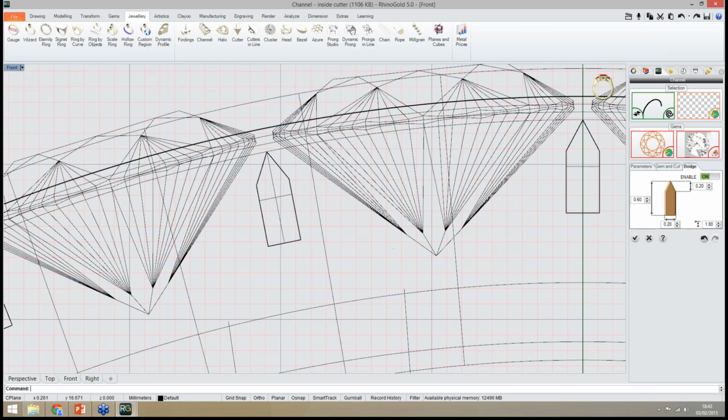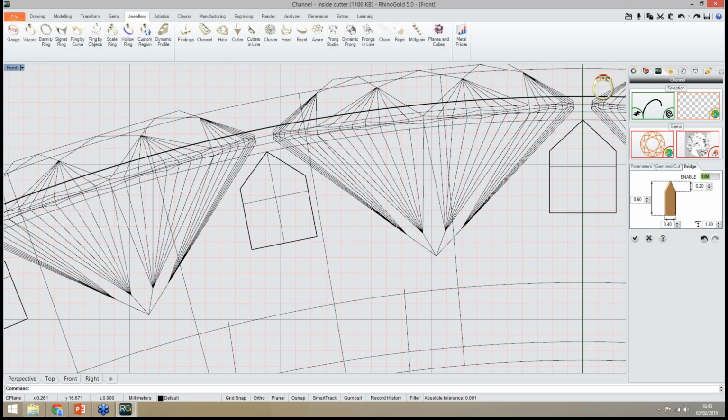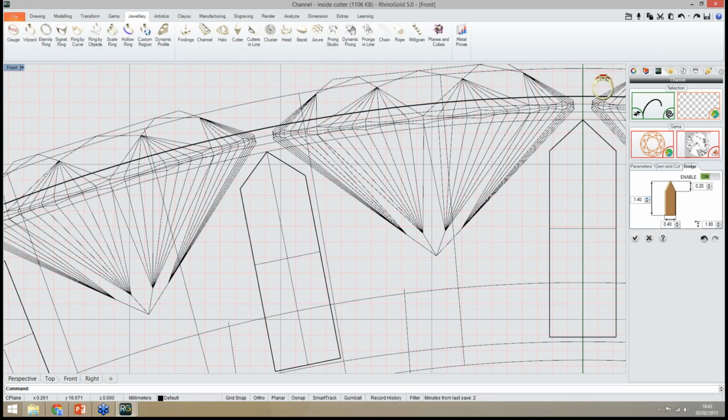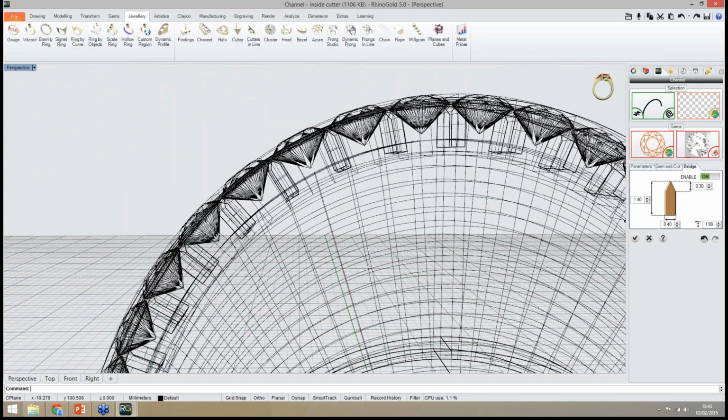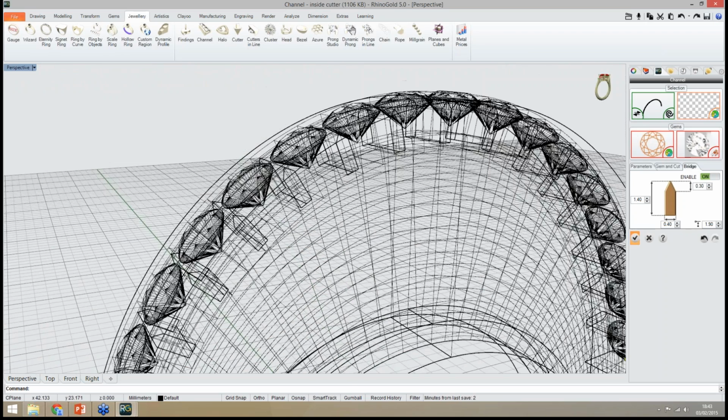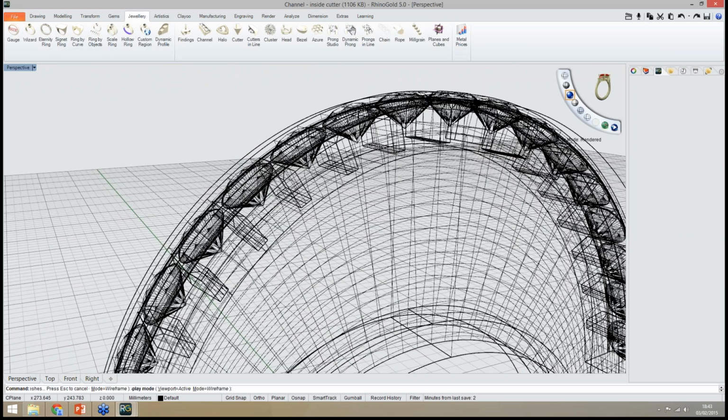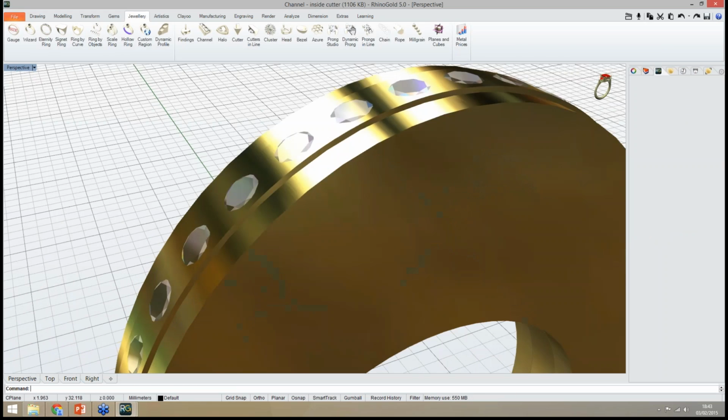I define bridges between gems. I just need to adjust the parameters and I can define the bridges between gems. As you can see, it's really easy. Here we go, we have the channel.